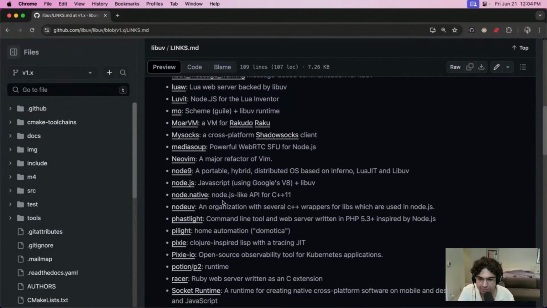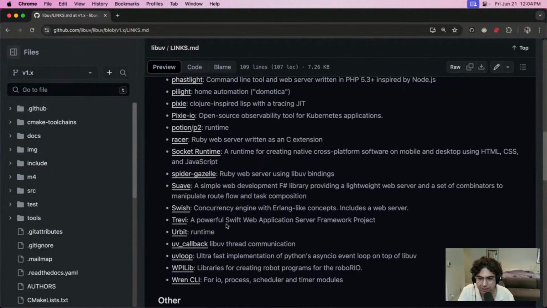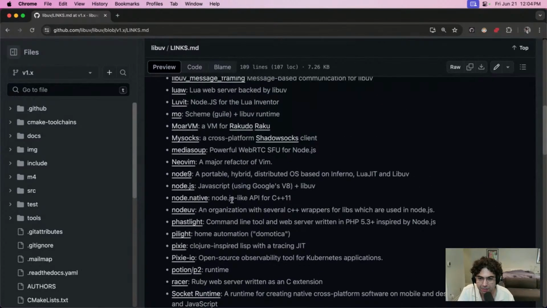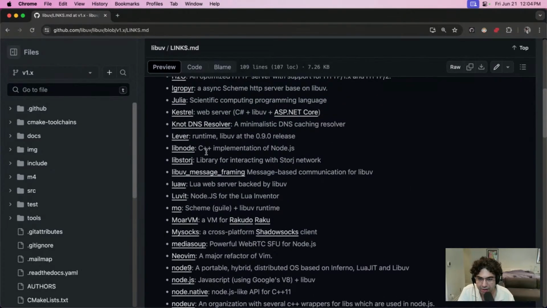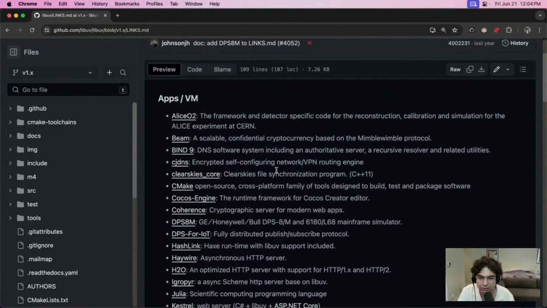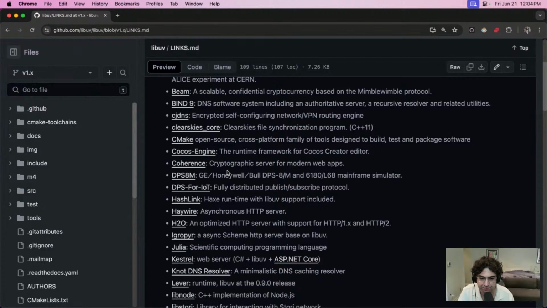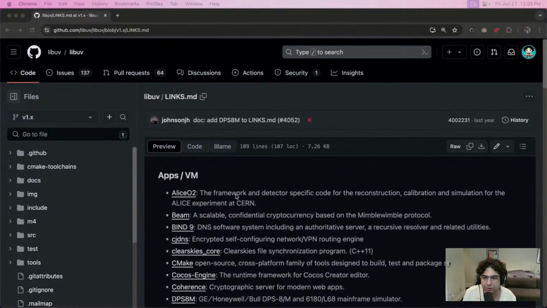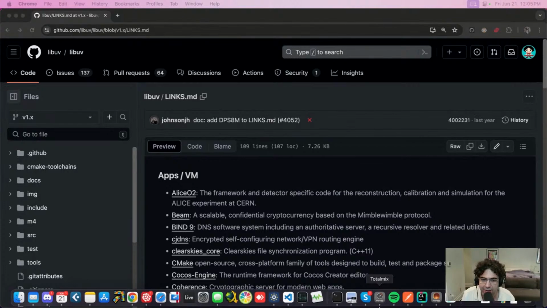NeoVim. What else? Probably the world is using this. Everything to do with Node. Node is super popular for these things. So it's a very, very popular library, apparently. A lot of people are building HTTP stuff on top of that. This is my first time using this, so I'm not going to be critiquing it just yet, but